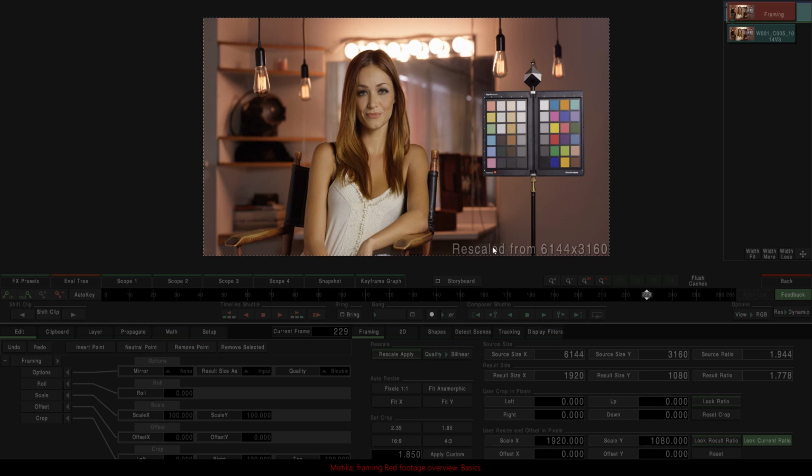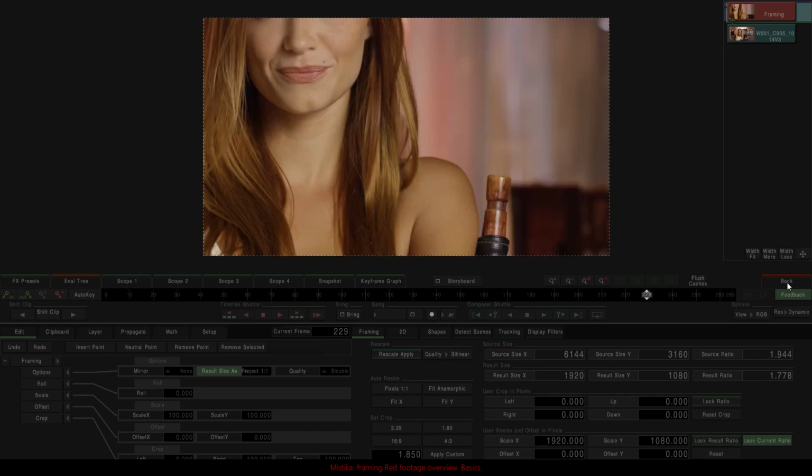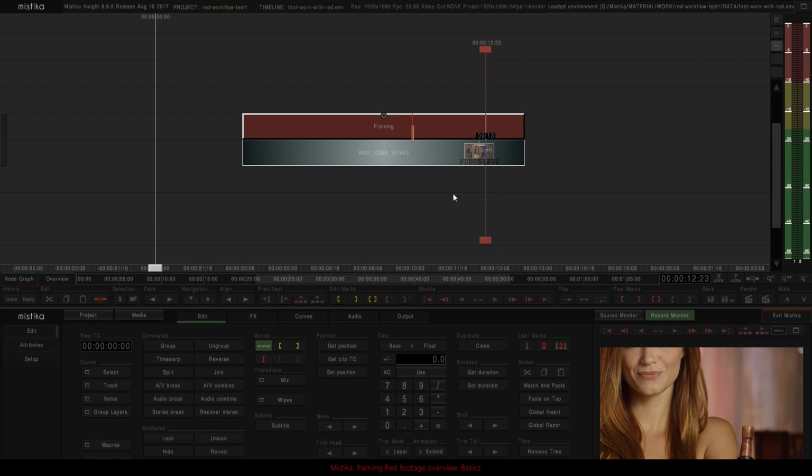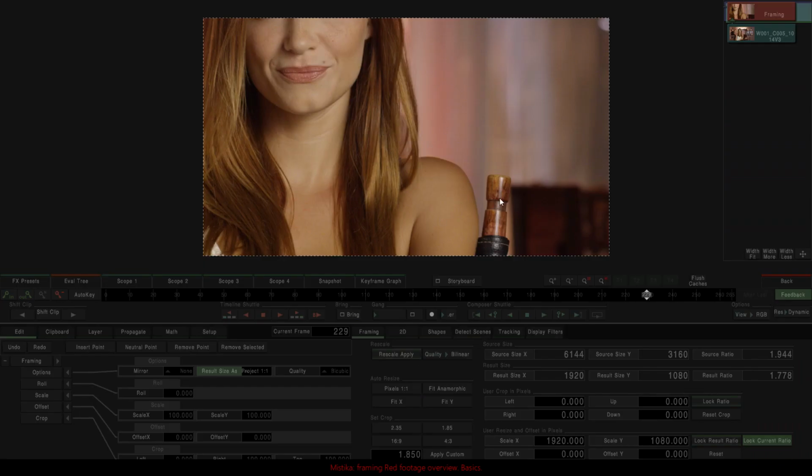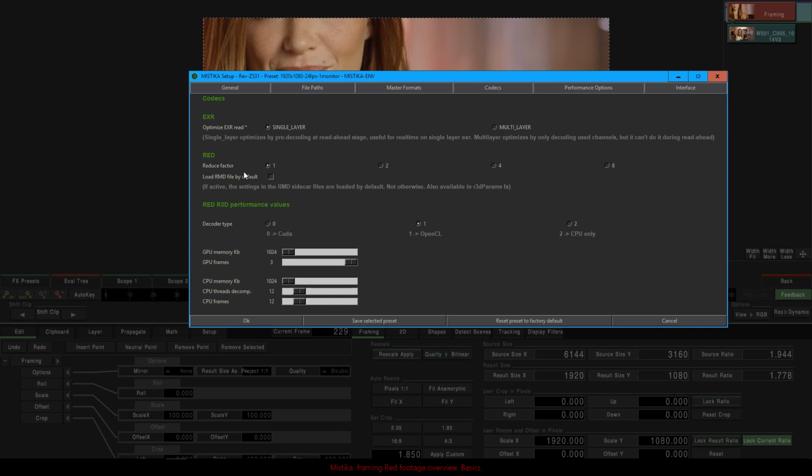But for the moment, I will just set in my framing function a 1:1 pixel scale, and we can see that this is exactly the framing we had entering the project. But here there's an important point to keep in mind. I'm at a 1:1 pixel scale based on what? Based on the reduce factor that was previously decided.